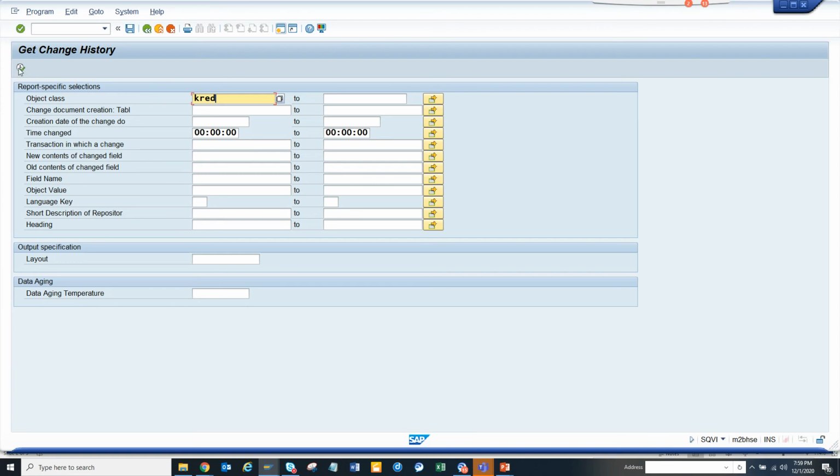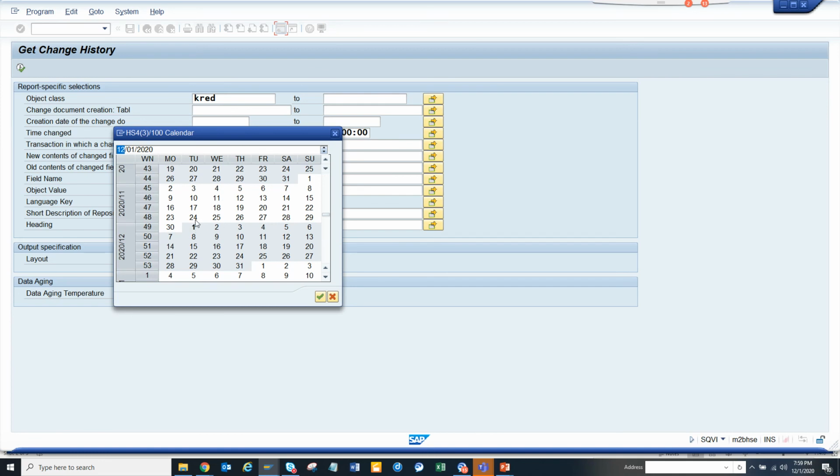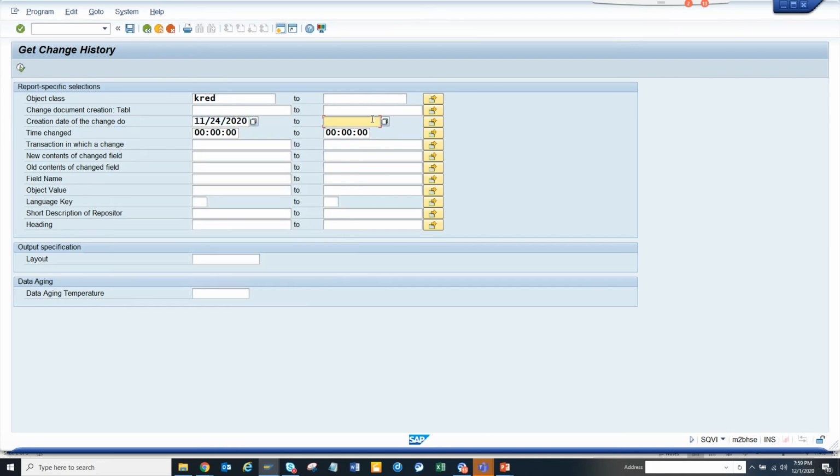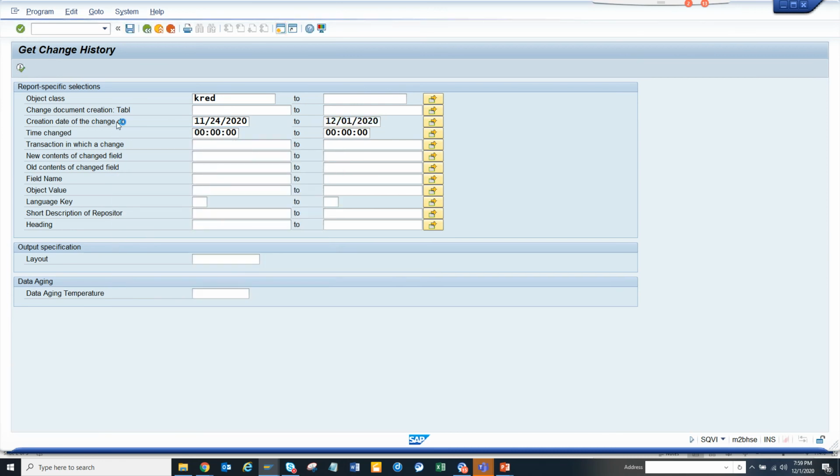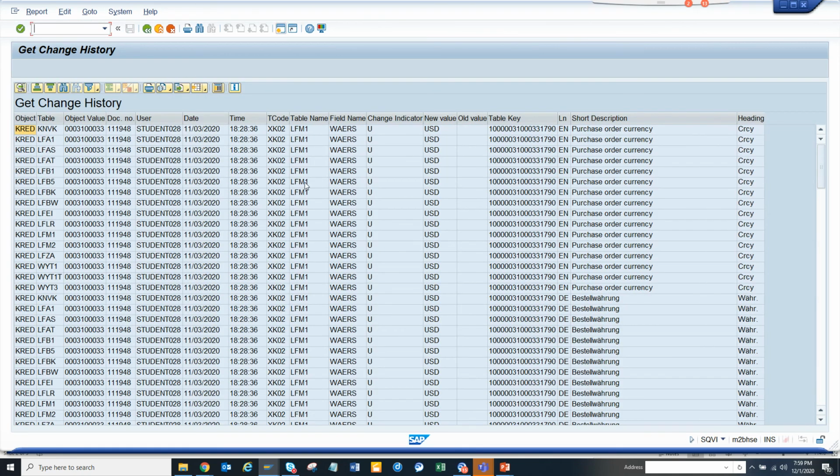If I execute, suppose with this creation date, and this is the change history, let me run this. Here you can see all the changes that have been done by these persons.